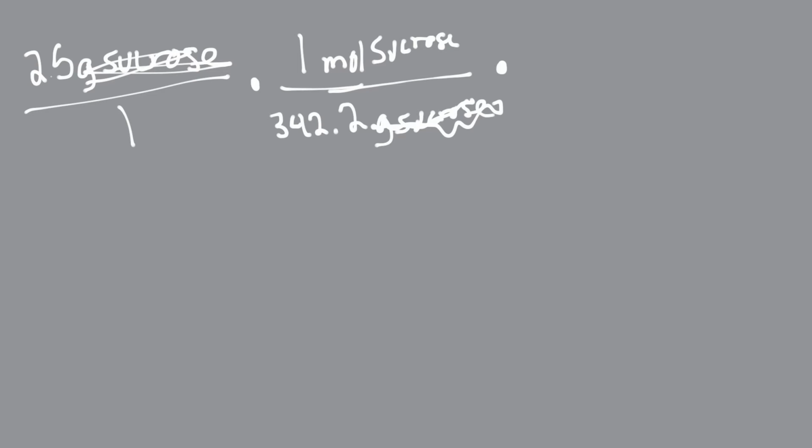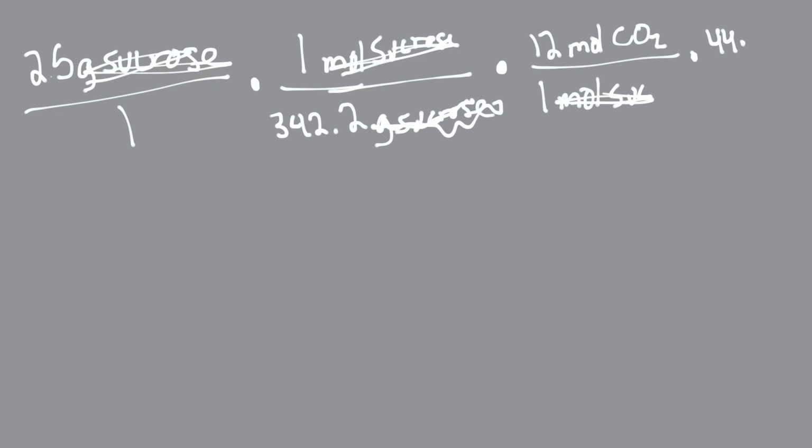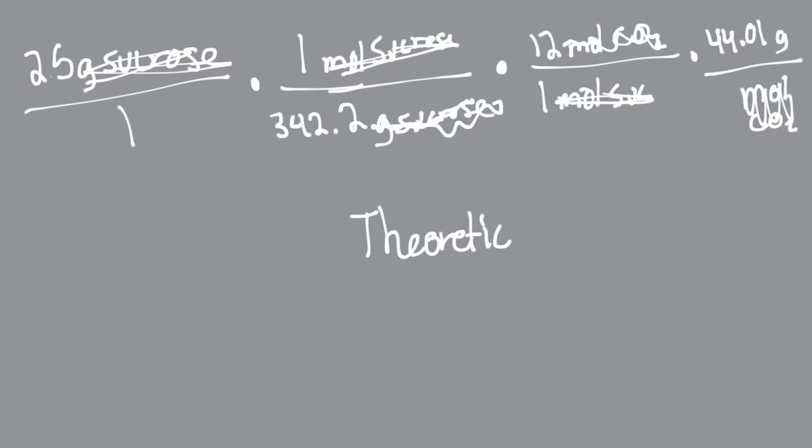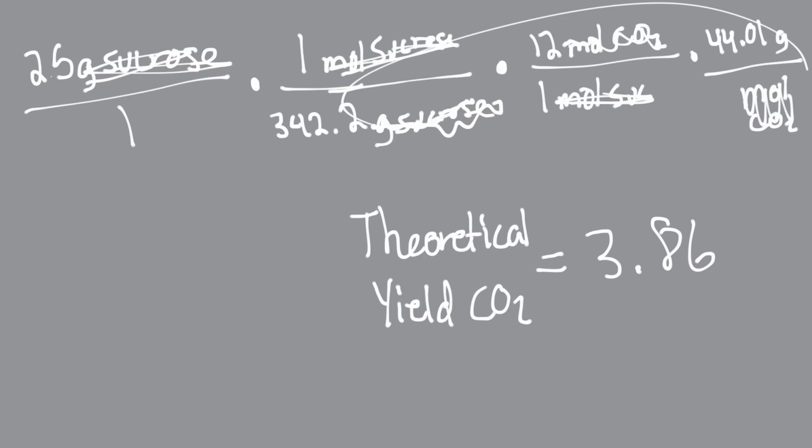If you look at the previous chemical reaction, we know that for every 1 mole of sucrose, we have 12 moles of CO2. So now we've jumped ship from moles of sucrose to moles of CO2. To get from moles back to grams, we convert using the molar mass, which in this case is 44.01 grams for 1 mole of CO2. Moles of CO2 cancel out, so we now have grams of CO2. So our theoretical yield of CO2 is